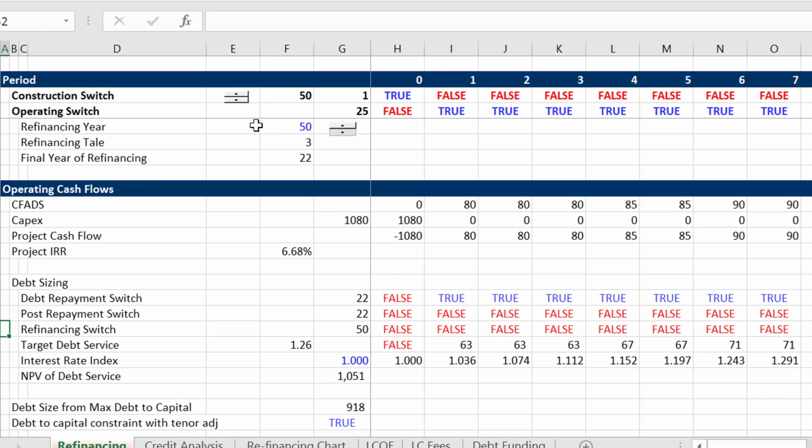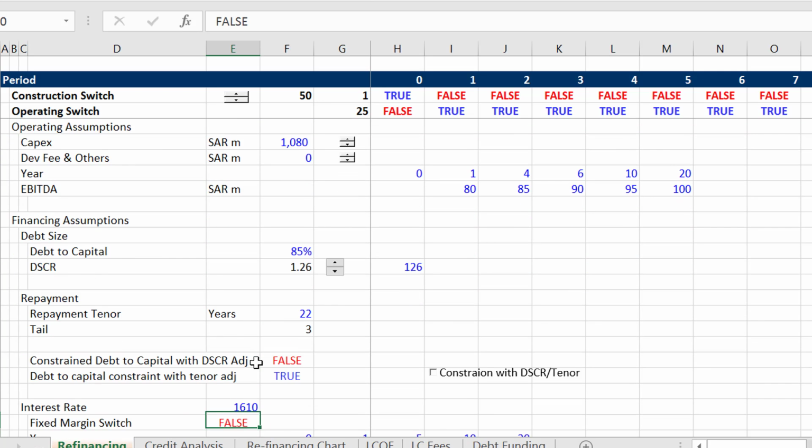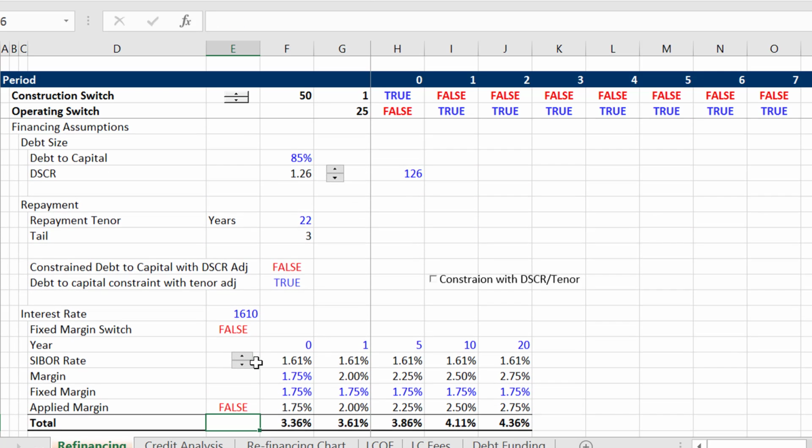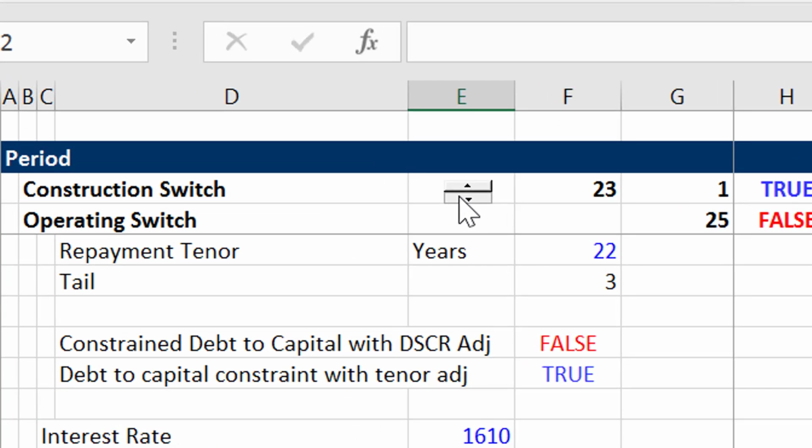The first thing to do, so I put a little spinner box around our refinancing, and we can refinance in an earlier year now because we have this debt to capital now. I'll use this one over here. This has the refinancing, so I put it really far into the future. Now, if we change the refinancing switch,